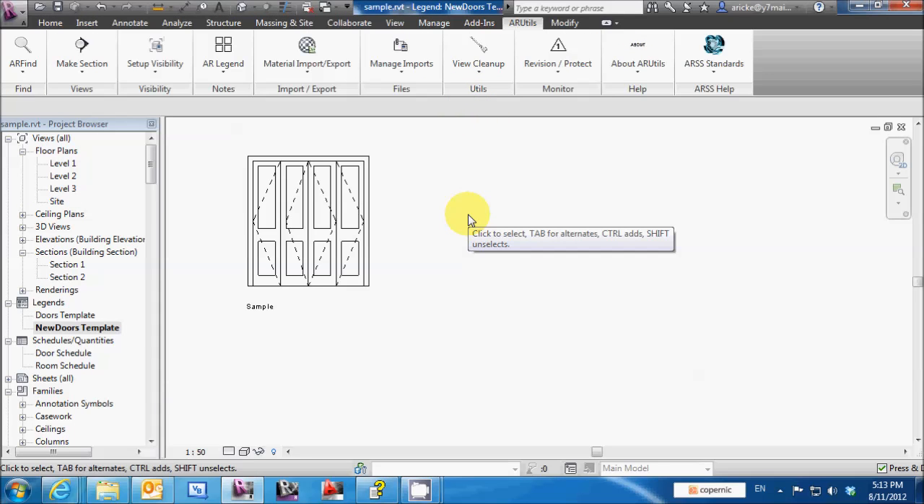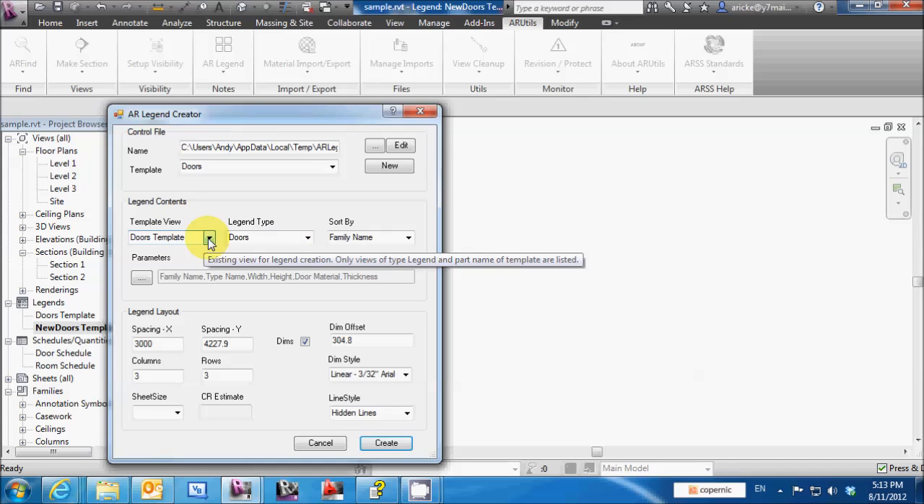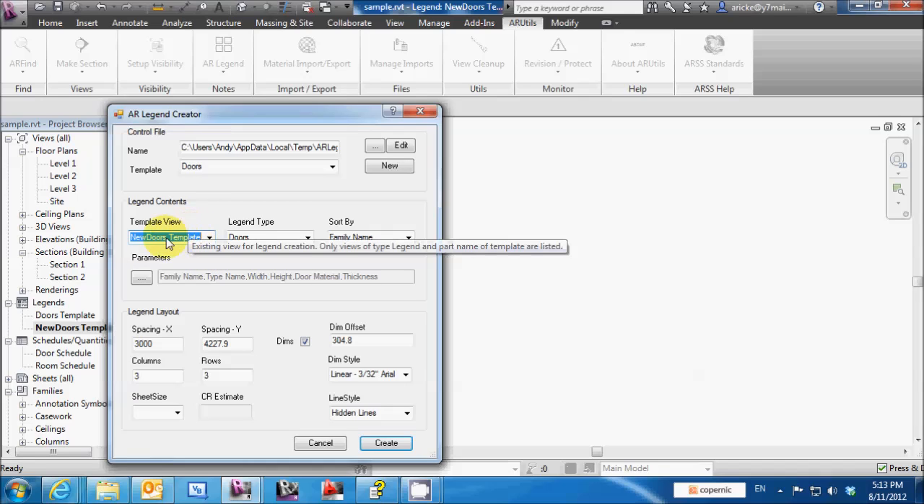Okay, so now what we want to do is actually generate a new schedule using this particular new doors template. So we click on ARLegend, and the only thing we need to change at this point is the doors template to be new doors template. Basically, any legend view that has template as part of its name will appear in this particular dialog. If we now hit create,